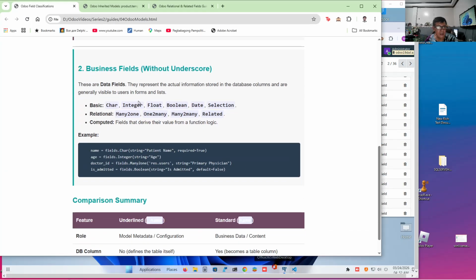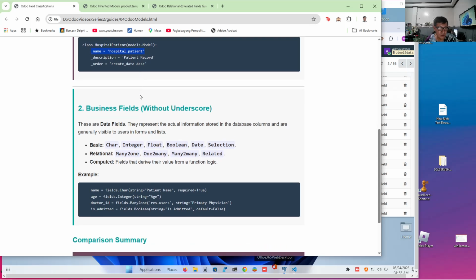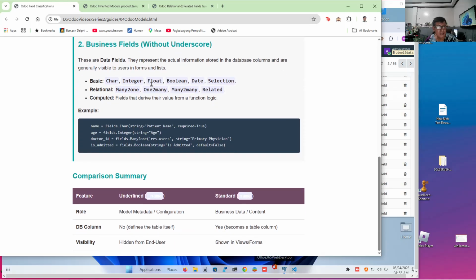There are other fields that don't have underscores. They're called business fields. These are the fields that are translated into database columns. These are the basic types. You have char, which are text types, integers, which are whole numbers, floats, booleans, date types, and selection types.